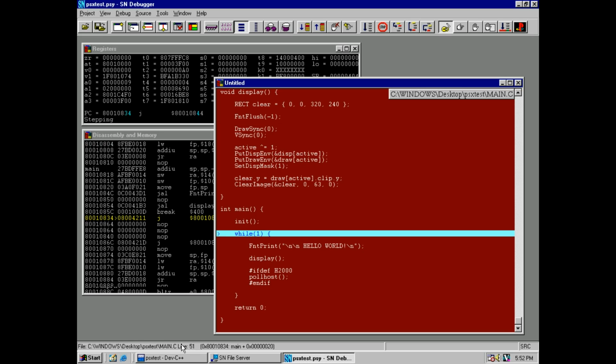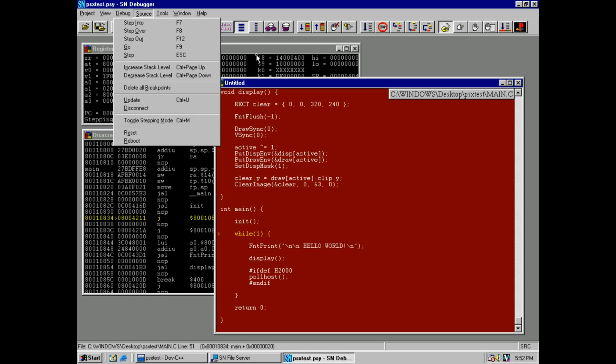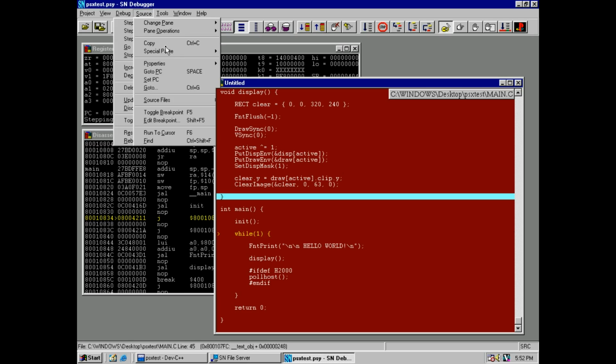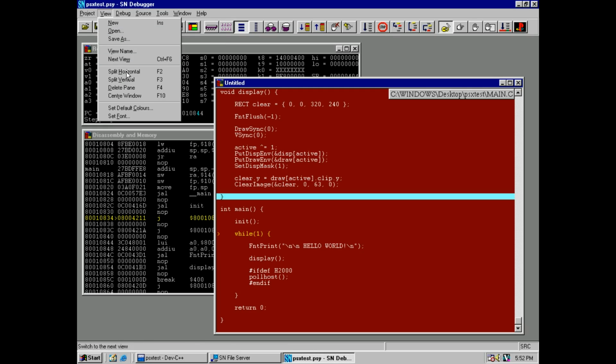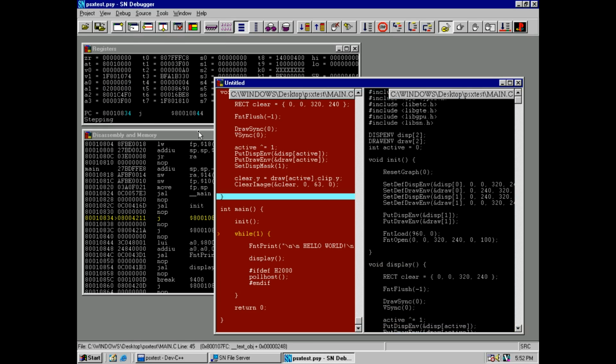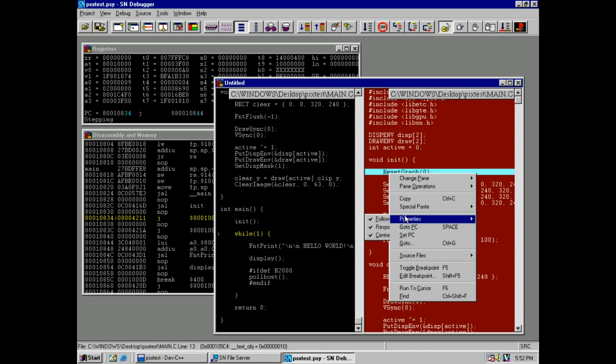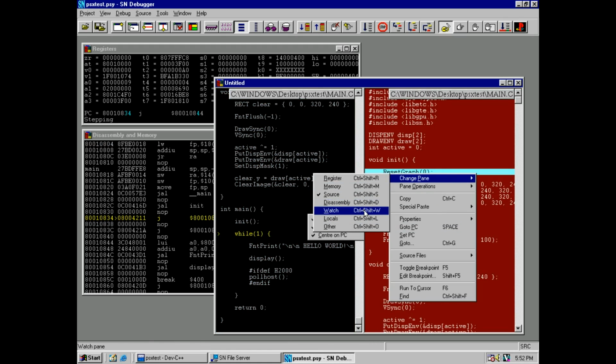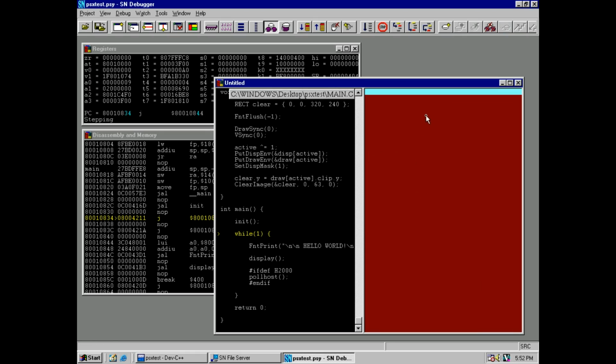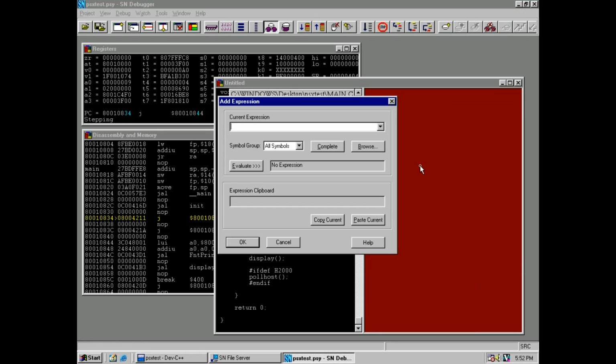It's also much smaller too. With a debugger you can also view watch variables. And why don't we try splitting this view vertically? Wrong. Oops, never mind. It's still okay. So change pane. I wanted the horizontal, so we can watch variables. You can add a watch here. So let's watch the display